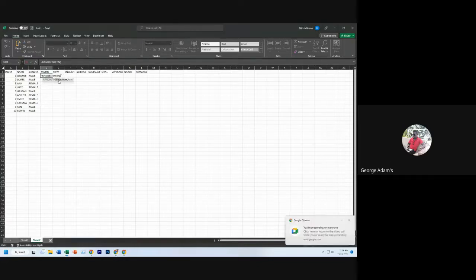To key in a function, you must start with an equal sign and then RANDBETWEEN, and I'm guided by the hint down here. As you can see, bottom is in bold. So it's time for me to write the bottom number, and I said the lowest marks that a student can score is 3.0. Comma, the highest that a student can score is 9.8. That's the top. If you press enter and autofill,